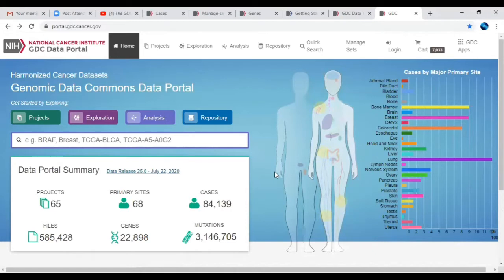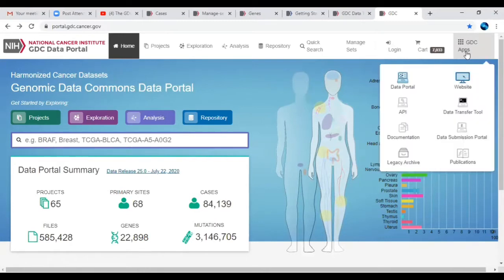Now I'm going to show you how to download the data using the data transfer tool. Here you can see the data transfer tool. The application is available on this particular site. You can also find the documentation page over here, and this is the data submission portal.